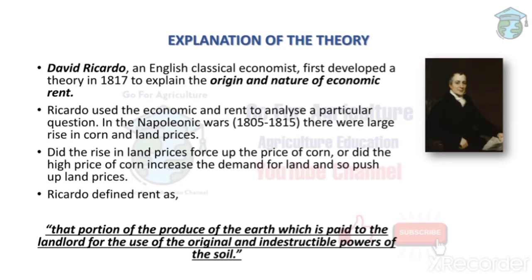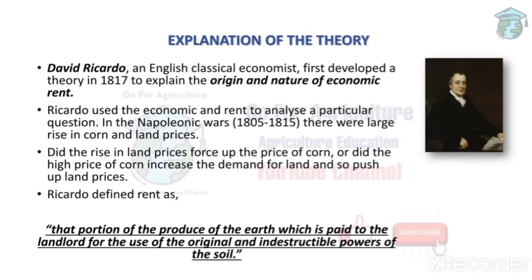Did the rise in land prices cause the rise in the price of corn, or did the rise in the price of corn increase the demand for land? He was confused about what the cause was and what the reaction was. Finally, after clearing up this confusion, David Ricardo defined rent as the portion of